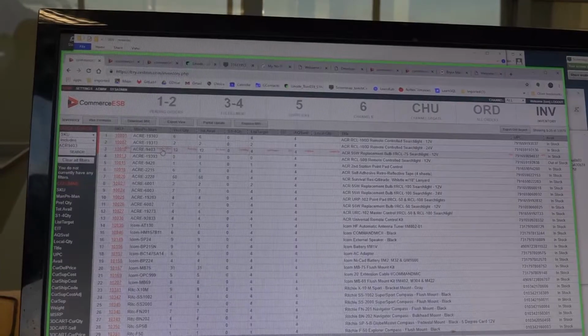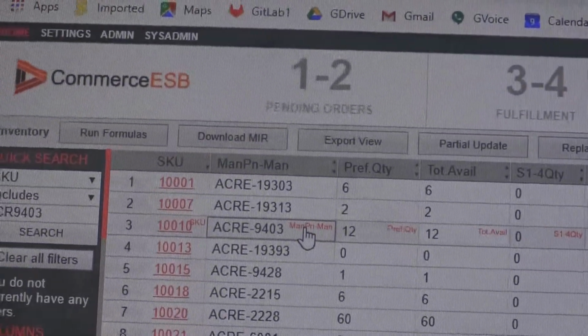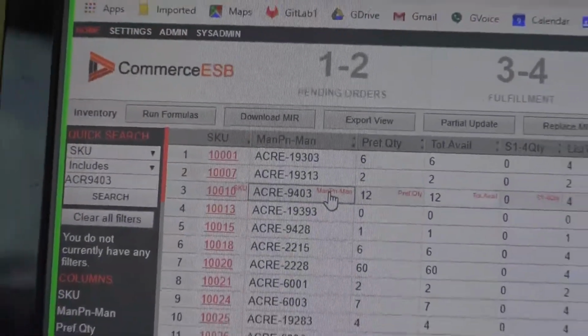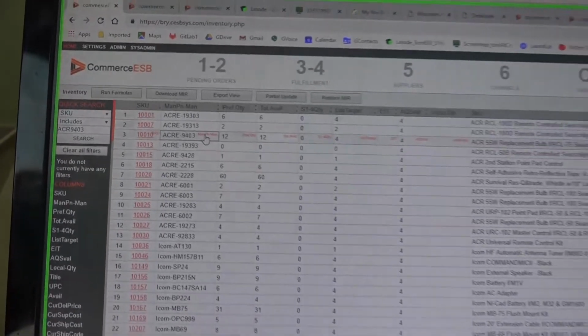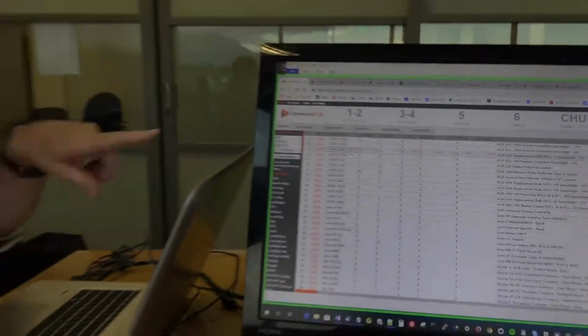And what the system's really doing when I said consolidate is it starts at the top and takes ACR 9403. Do I see that anywhere else in the system? Ah, I do. Therefore, it's an alternate supplier. Therefore, I'll take that supplier's SKU and put it on this row, and I'll take this one on the other row. They all have